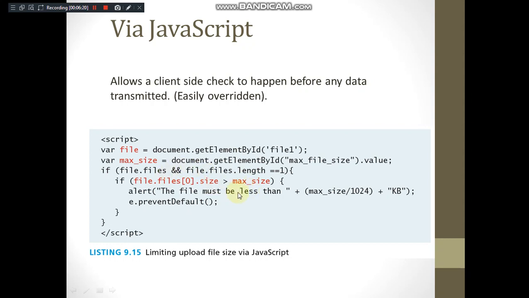You are checking whether its size is crossing the maximum size, then you are displaying an alert message saying that the file should be lesser than the maximum size, and preventing the default action of the form, that is, you are preventing it from submission. So this is how you can prevent the default action of the form whenever it is crossing the file size. This is done through JavaScript.